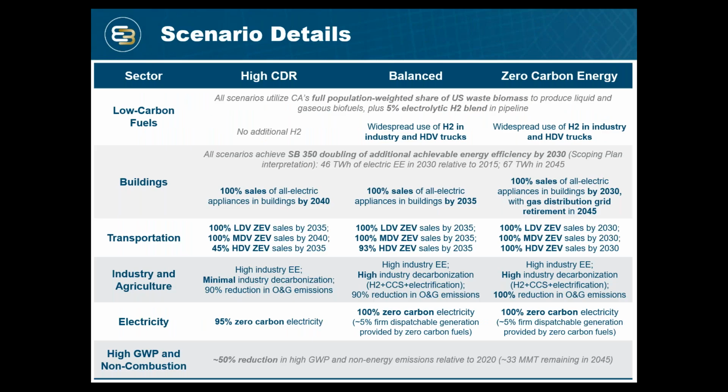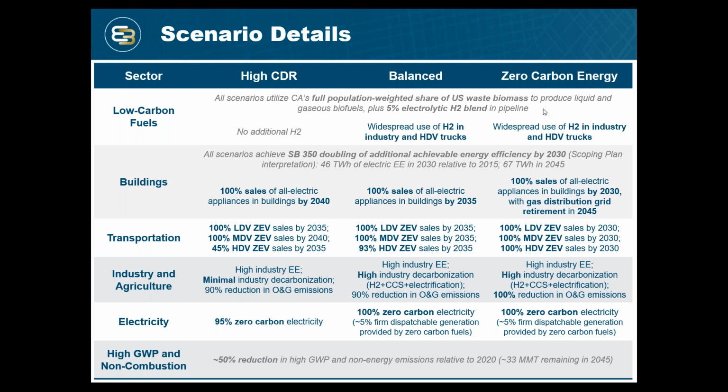So, for example, you asked about hydrogen in end uses, and I'll just go back up to the table that shows some of the differences between the scenarios. So there's a 5% blend of hydrogen in the pipeline because, according to our research, that can be achieved today without any major replacement of the existing gas distribution pipeline, and so it's a blend that we think is feasible